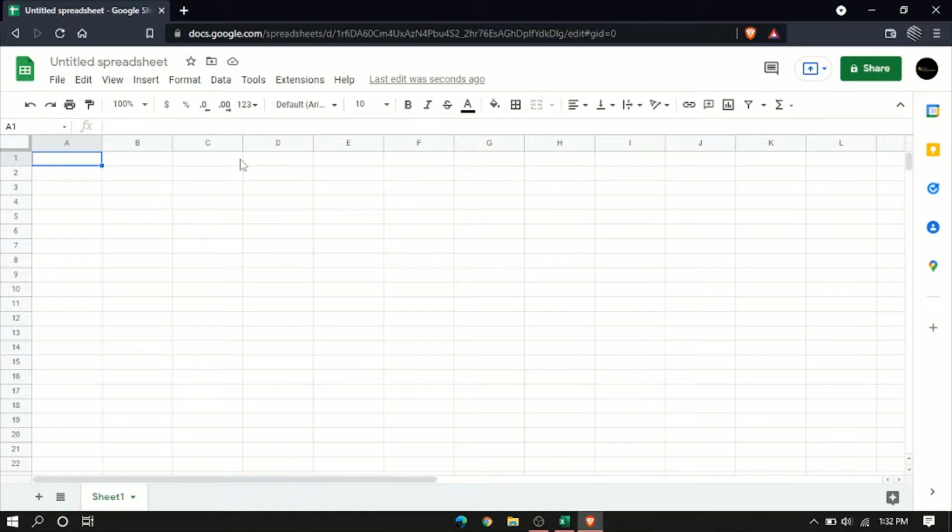Those who want to work in Excel but don't have Microsoft Excel can go to office.com on the web. It will open, and you have to create a new account. If you create a new account, it will give you free access to Office 365 on the web.